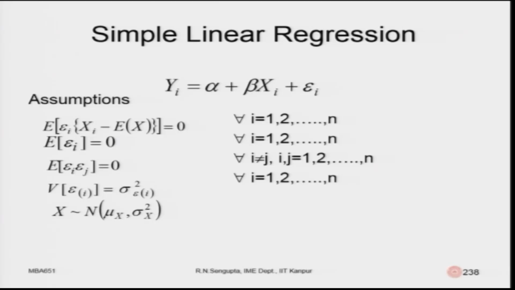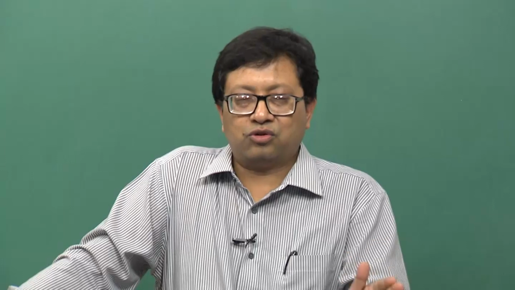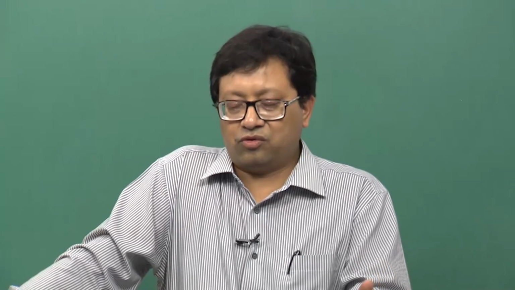Now, here is what the actual variables are. Y with the suffix is the set of dependent variables from 1 to n, considering there are n readings. If it is a time period, it will be for January, February, March, April, May, June, and so on and so forth. If it is for weeks, it would be first week, second week, third week, and all the values.